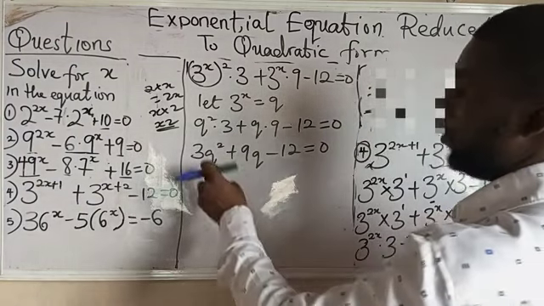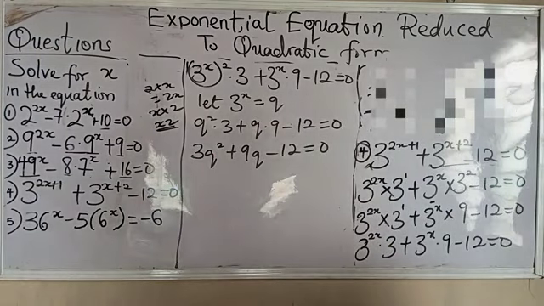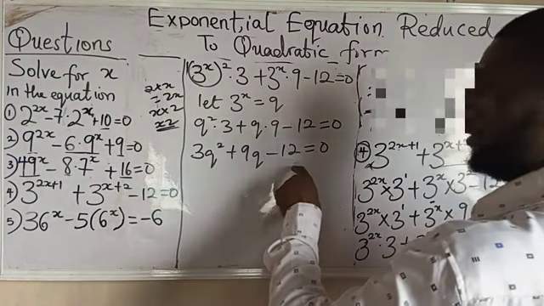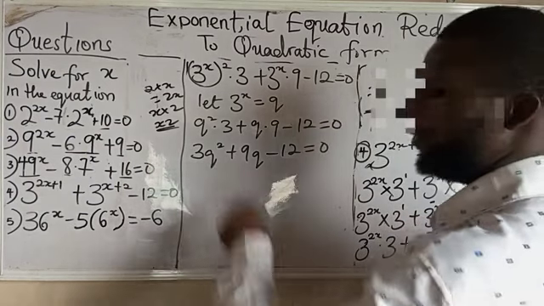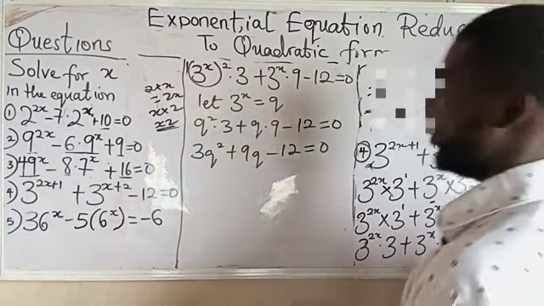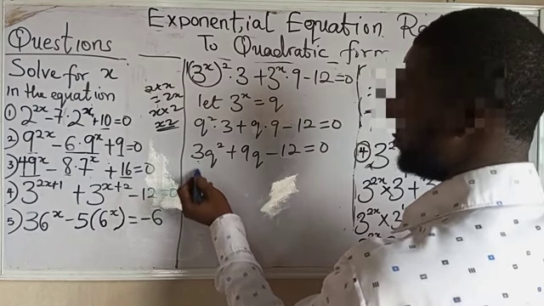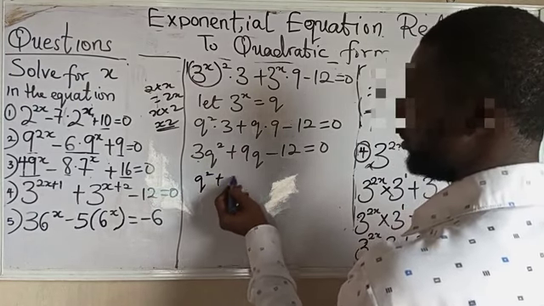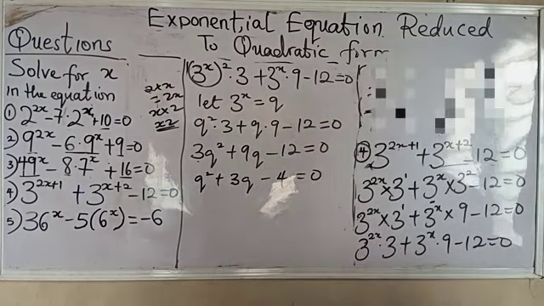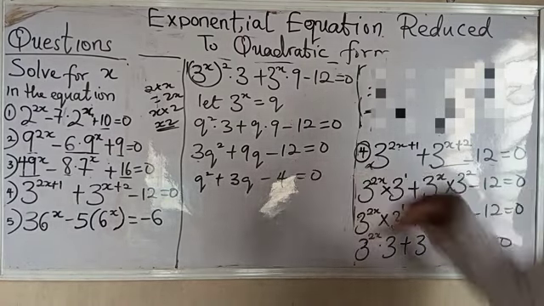That has to do with the coefficient of q squared being 1. In this case, the coefficient of q squared is 3. But I've also observed that I can divide all through with a common number. It is allowed in order to lessen our load. So if I divide all through by 3, I will have q squared plus 3q minus 4 equals 0. We can continue with 3q squared plus 9q minus 12, but the implication here is